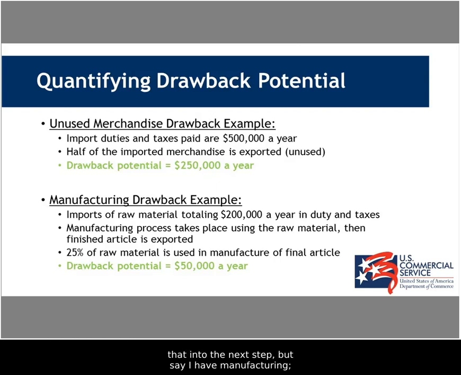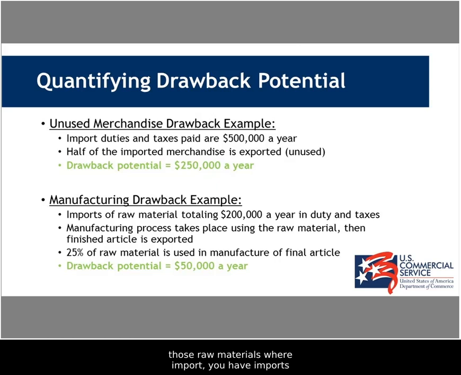So now I need to take that into the next step. But say I have manufacturing, what do I need for that? We look at the imports of your raw material or raw materials, and in this example we have $200,000 a year in duty and taxes, and we have a manufacturing process or several different manufacturing processes using those raw materials where